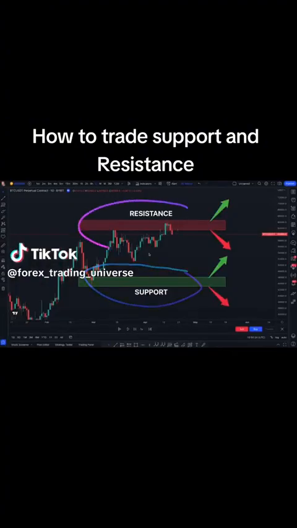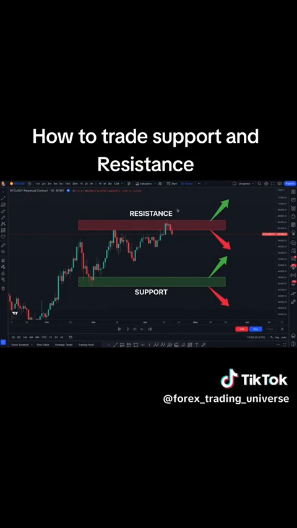Support and resistance is one of the most well-known concepts in trading. Most people know about it. The concept is very, very simple, but there are good ways to trade it and there are bad ways to trade it. The basic concept with support and resistance is that if the price is testing a resistance level, there's